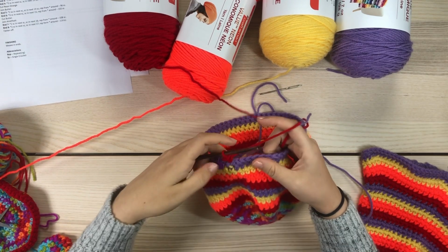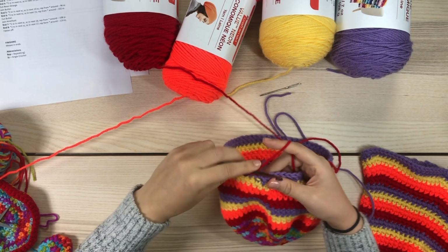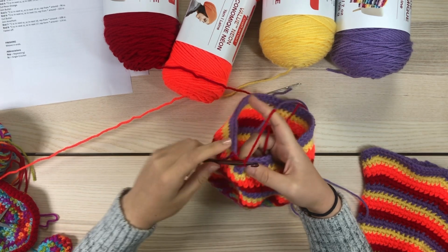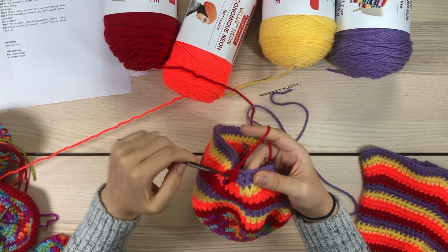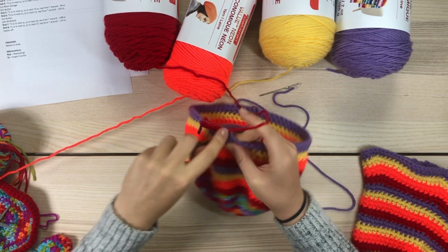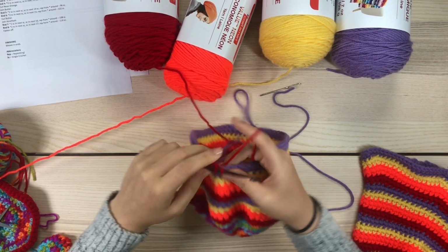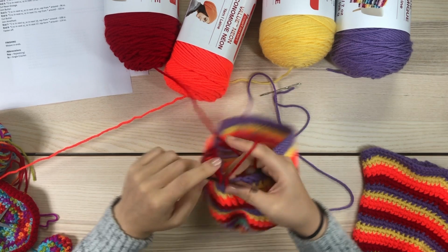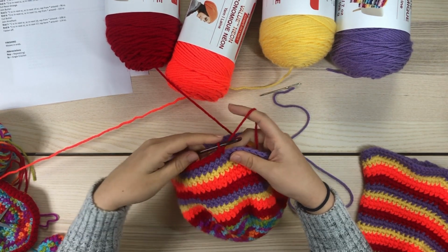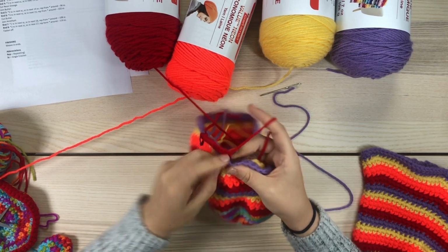We're going to single crochet after the first 2 we did. We're going to single crochet in the next 10. So 1, 2, 3, 4, 5, 6, 7, 8, 9, and 10. And then we're at our next increase, so we're going to work 2 in this stitch, and